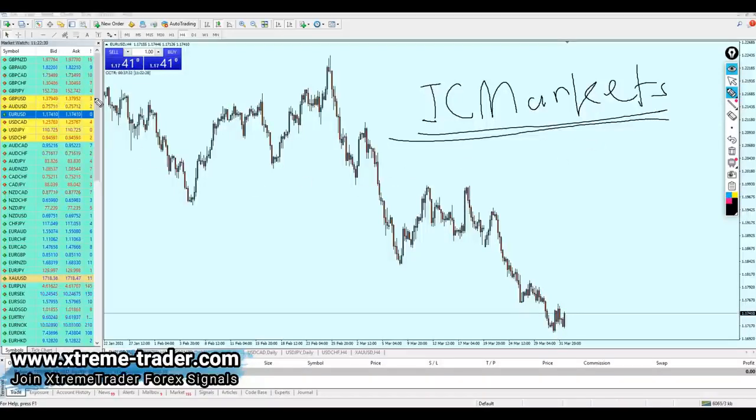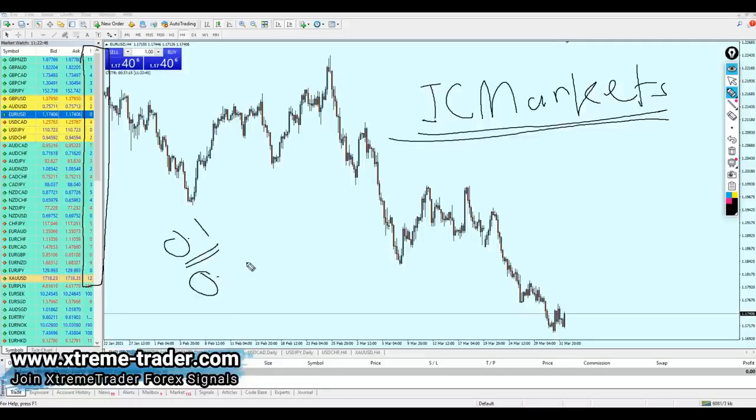The reason is, if we look at this list right here, check out the spread that they are offering. It's almost zero. It's actually below 1 pip. If we look carefully, we can see that the pound AUD has only a 0.1 spread on their trades. Euro USD has a flat 0.0, no spread at all. USD CAD 0.3. As a scalper, this is very important because every single pip counts.